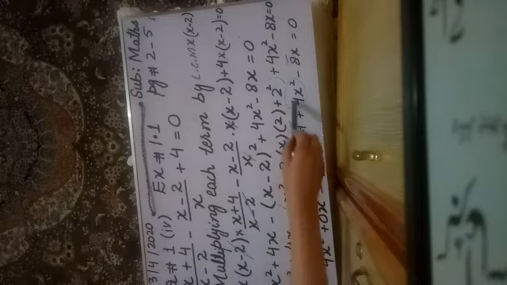Now what we have to do in order to write this in standard form or pure form is simplify. We know that after multiplication we can add the like terms. So here we can see what the like terms are; I have highlighted them over here. 4x squared is the quadratic term, therefore I have written it first. Then we have 4x, 4x and 8x. All of them are similar, meaning with the same variable, so we can solve them. 4x plus 4x is 8x, 8x minus 8x is 0x, meaning there is no x. And the constant term is minus 4, equal to 0.